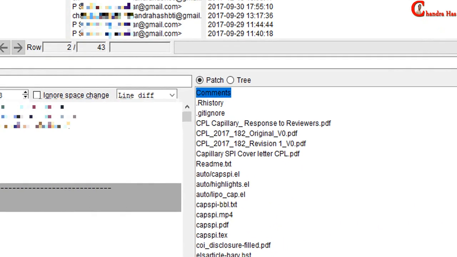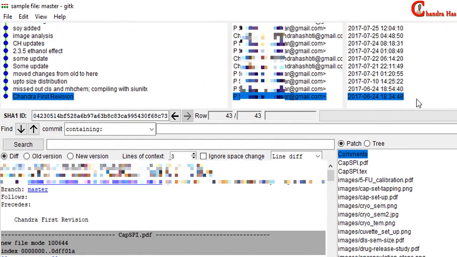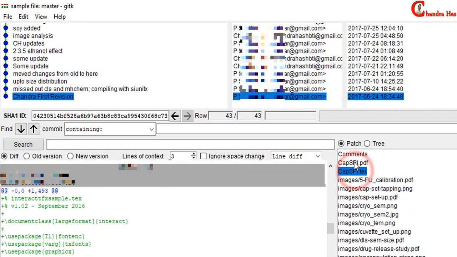Okay. We can start from the bottom. This project was started on this date, okay, by this author, and this was the comment, the first comment, and on this day these files were in this folder. In the beginning we can see a text file, a PDF file,